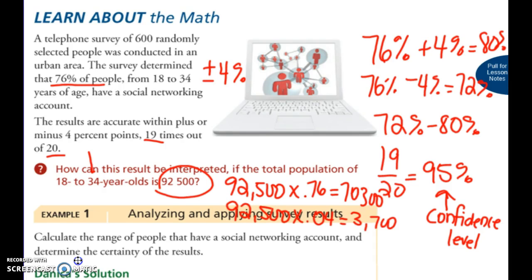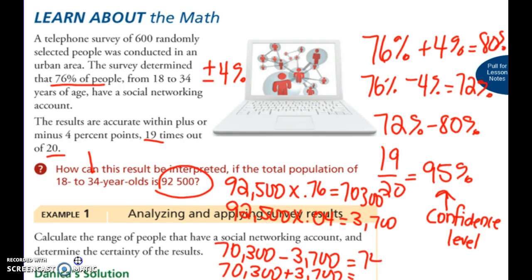3,700. So what we need to do is we're going to take the 76% of our population and subtract it from our margin of error and add it to our margin of error. We will get 74,000, and we will also get 66,600. Okay, so what that is saying